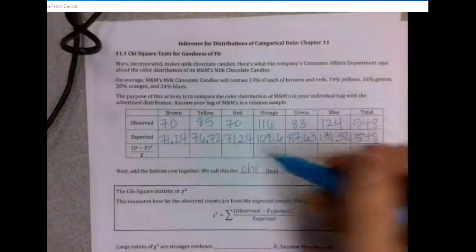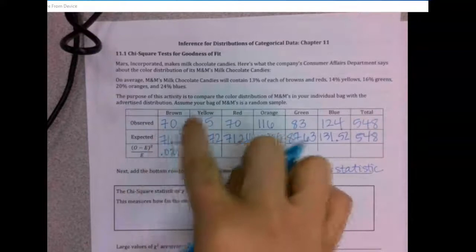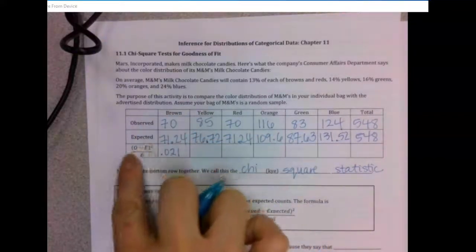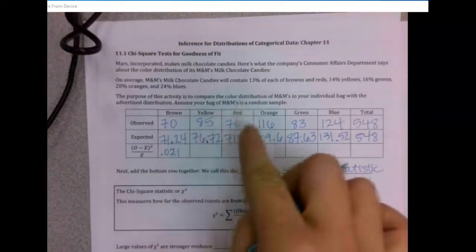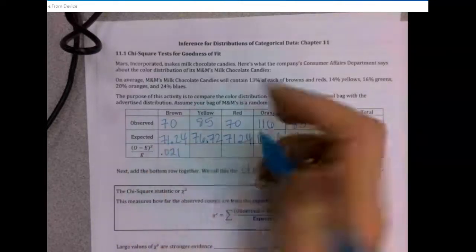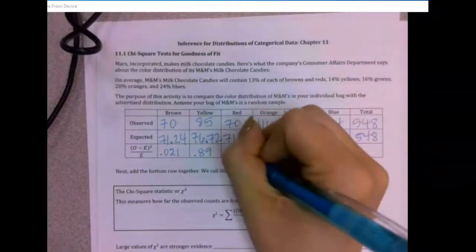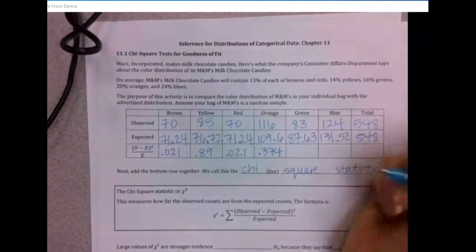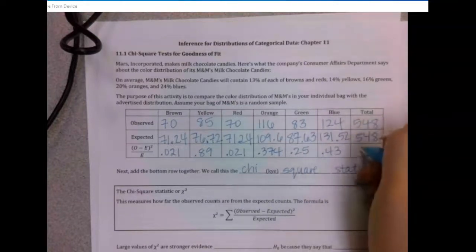And so when we took the difference, by difference I mean the observed minus the expected squared divided by the expected. So we're using this formula here. So it would be 70 minus 71.24 squared, divided by 71.24. So we had 0.021 here, 0.89 here, 0.021 here, 0.374 here, 0.25, 0.43, and we add these up and we have